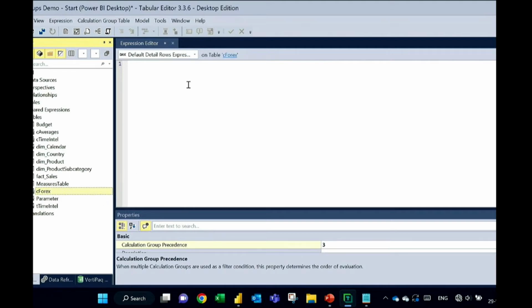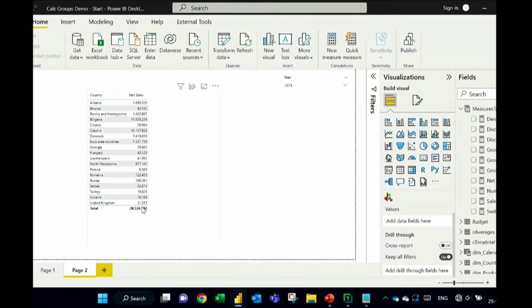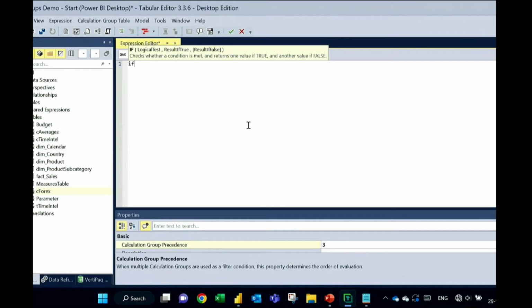And so for local, we want to get rid of that value at the total level, right? The way to determine whether we are at the total level is just to count the number of values of this column, because for every value within the table, it gets filtered down to only one value. So if it has one value, then we know that we are somewhere here in the table. But if that's not the case, then we're here at the total line. So what we're going to say, if,